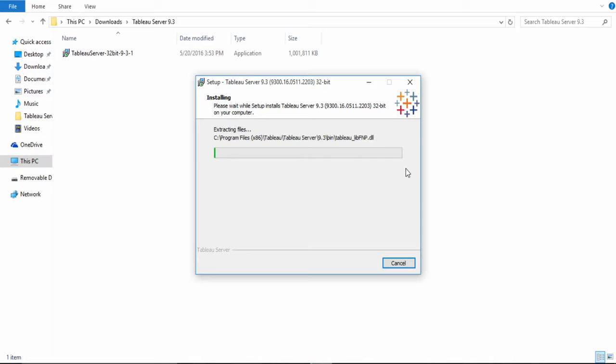Installation would take a while. Let this installation proceed while I explain how to check whether IIS server is installed or not. How do we check that, and why do we even need to check that? We need to check whether IIS is already installed or not, because if it is already installed,